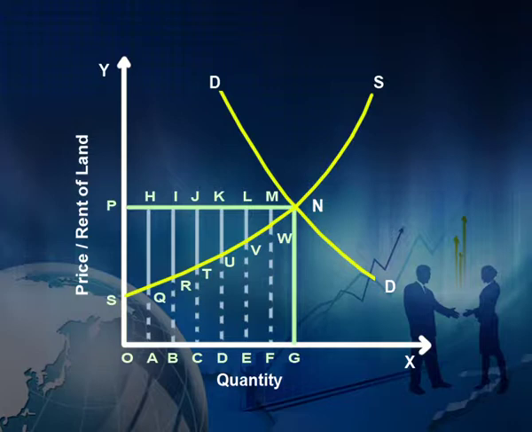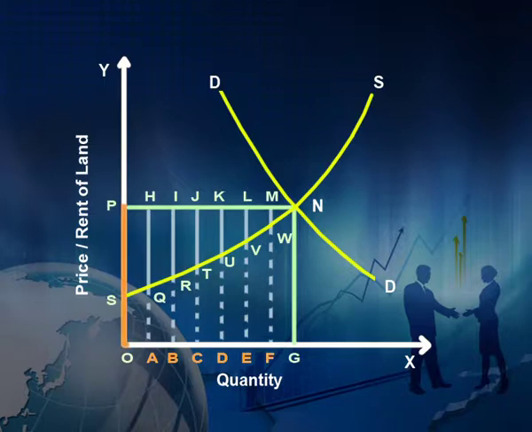But when different units of land are differentiated on the basis of different uses, they will fetch different supply prices. A unit of land which provides higher earnings in other uses will get a higher price, that is rent, and vice versa. Thus, the supply curve will be upward sloping. This figure shows that the marginal unit G of land is employed at price OP, thus the transfer earnings of unit G is GN. According to classical theory, all the units of land are identical and equally productive, hence every unit must get price OP. Therefore, the intramarginal units A, B, C, D, E and F will also receive price OP,